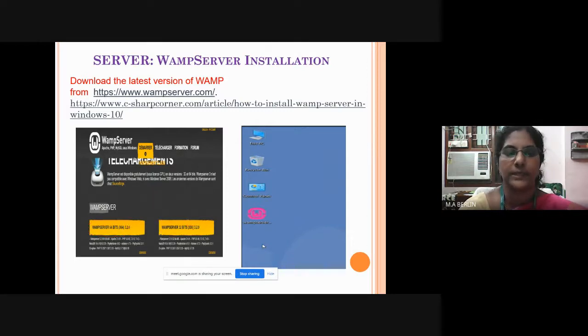If your system is with a 64-bit processor, you have to click this, or if your system is with a 32-bit processor, you need to click this. Now we see the installation steps of WAMP server.